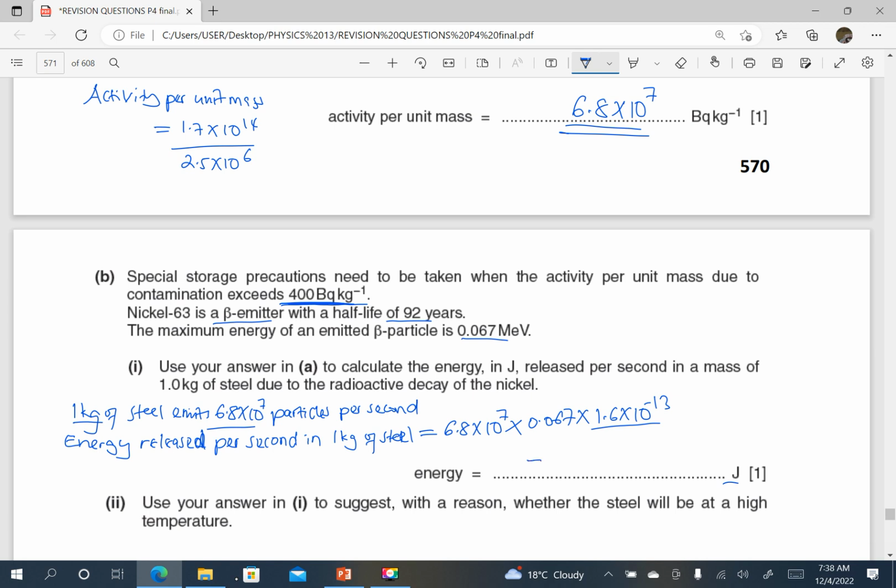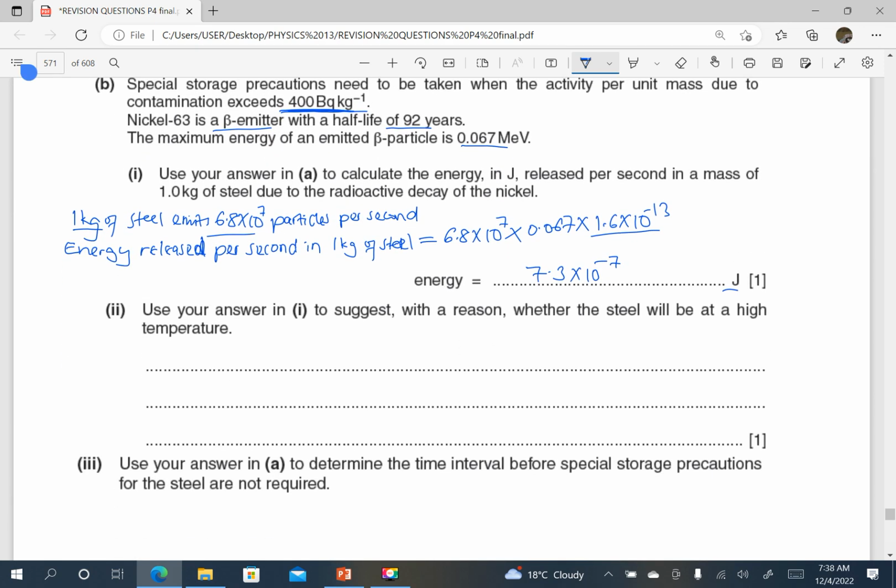So this is 7.3 times 10 power negative 7 in joules. Use your answer in Roman 1 to suggest, with a reason, whether the steel will be at a high temperature. You see the energy involved here, 7.3 times 10 power negative 7, is a very small amount of energy, and therefore we really don't expect that the steel will be at a very high temperature. So I will simply say 7.3 times 10 power negative 7 joules